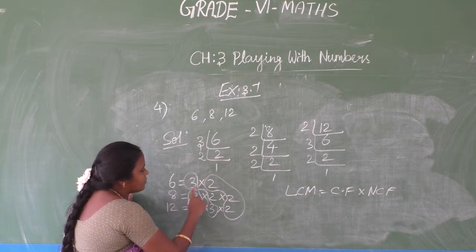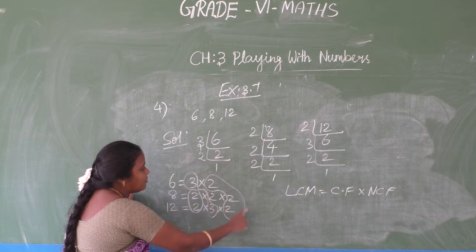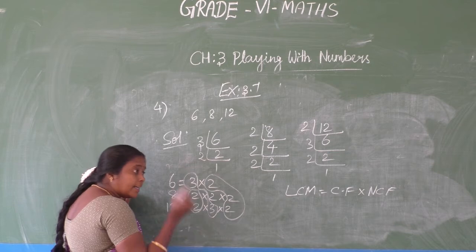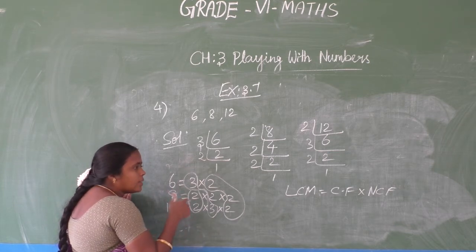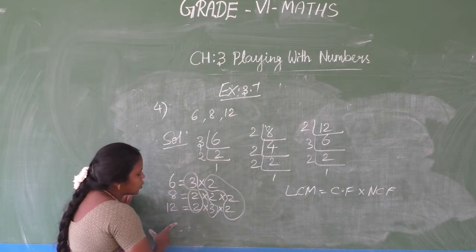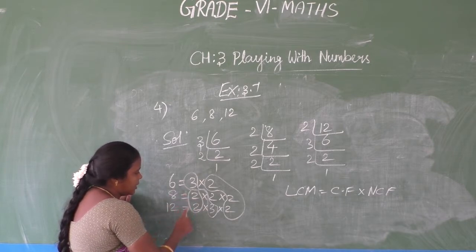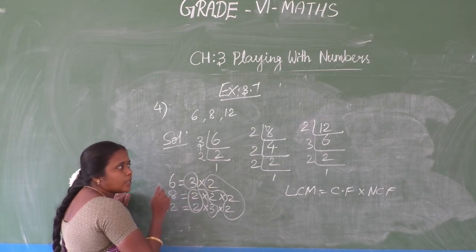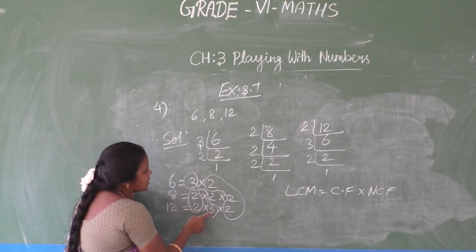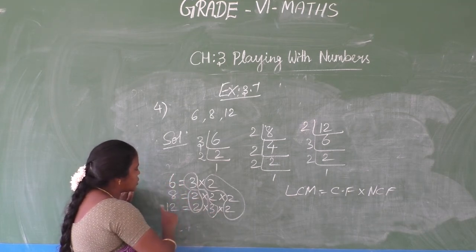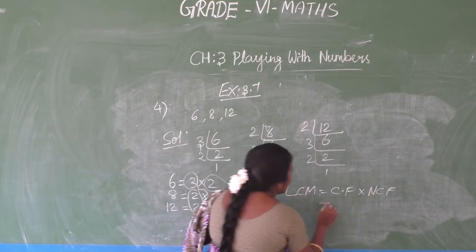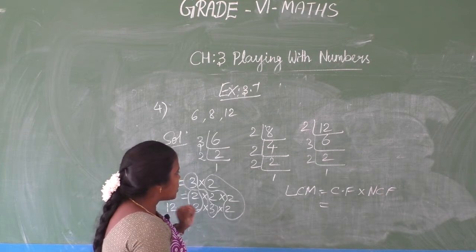Check here. First of all you have to take the common factor which is coming in all 3 lines. Select that first and then check whether any other numbers are coming in another 2 lines or not. If you check in this question, 2 is coming in these 2 lines, so consider that also in the common factor category. And then this 3 is coming in these 2 lines, so this also is a common factor. Sorry ma'am, that is my mistake.